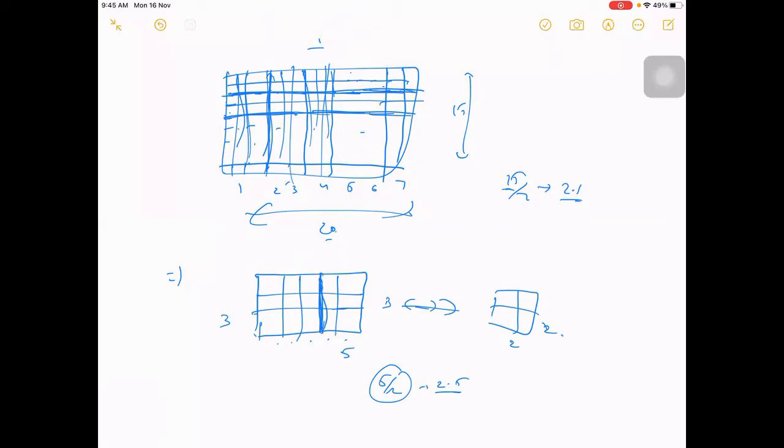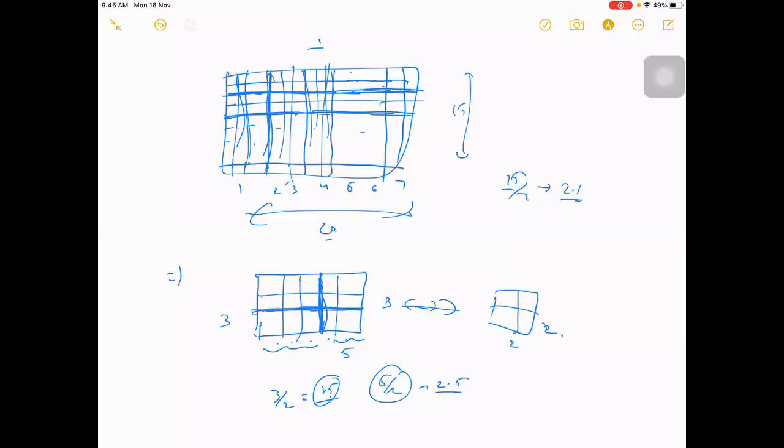Similarly, 3 by 2 is 1.5, and you can't split it into 1.5, so you make 1 on one side and 2 on the other side. So maybe 2 here and 1 here.